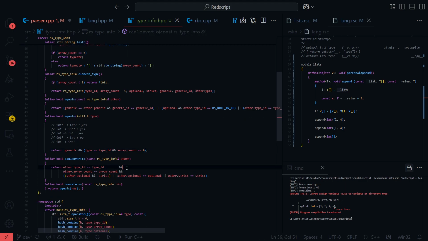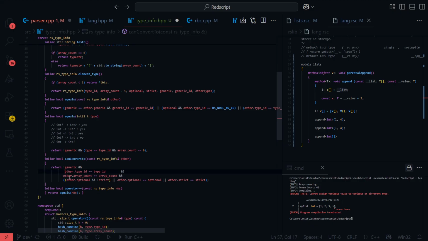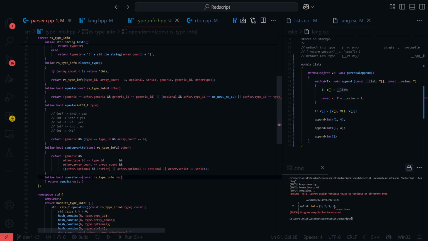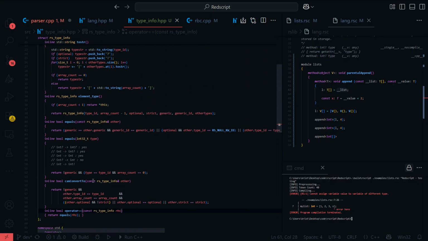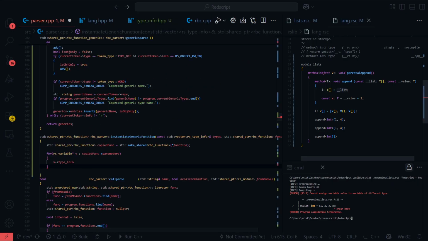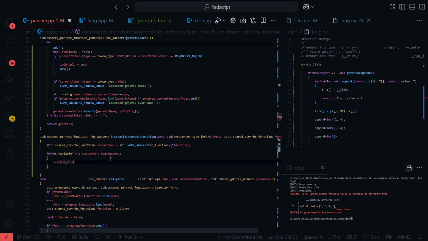So if another type wants to convert to a generic, well, we say not generic, basically. Not generic. Okay, seems to work. Then what we're going to do here is change the type info.generic ID, and we're going to equal that to,